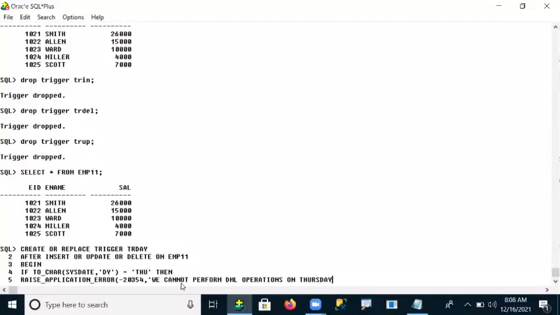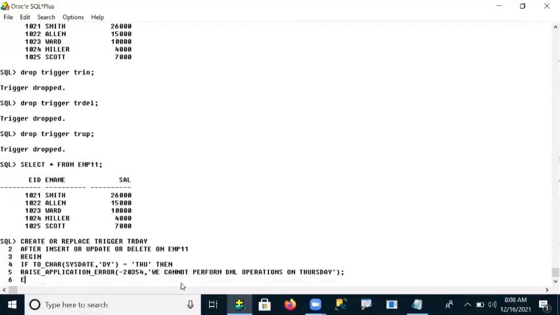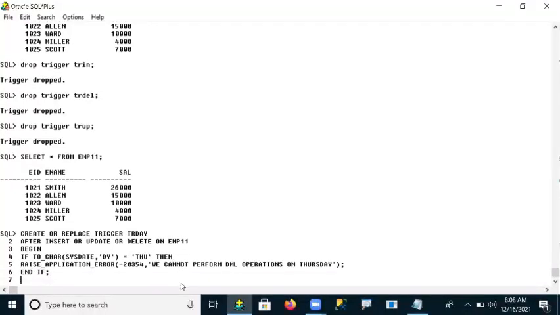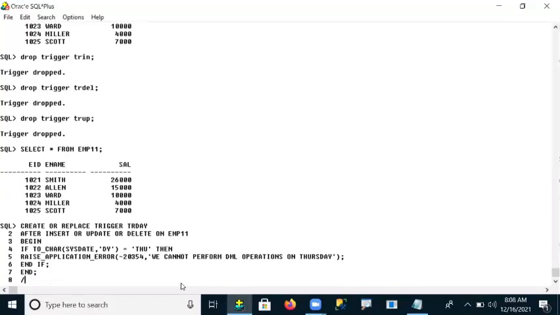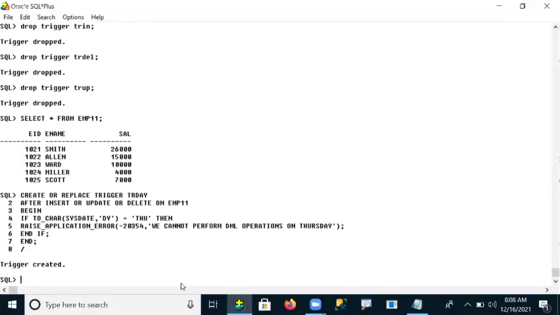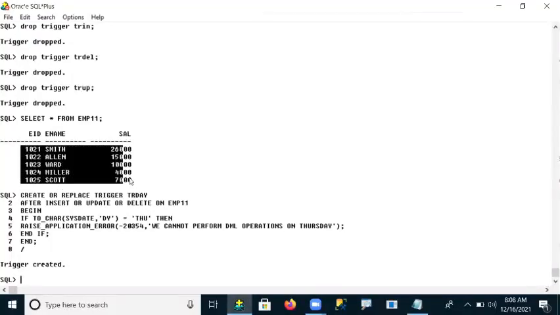On which day, guys? On Thursday. Then some user-friendly message, then end, then alter and execute. Now the trigger is created, guys. And this is my table having a total of 5 employees' data.